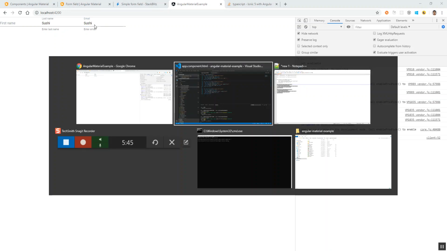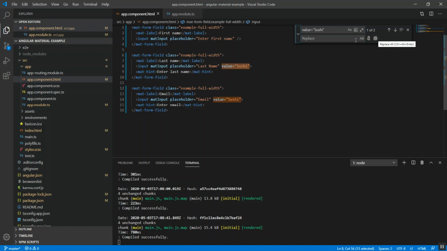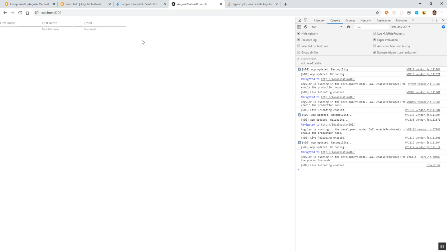So we'll remove this value field. Okay, enter last name, email. Okay, yeah, we are good to go now. We'll compile this and try it again.